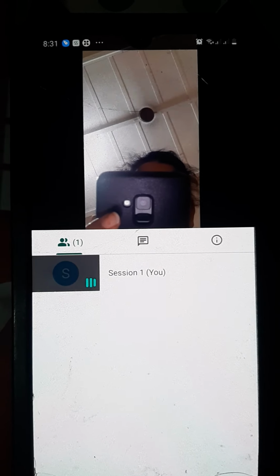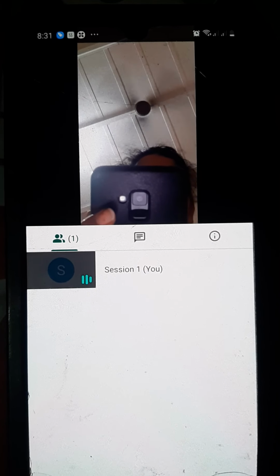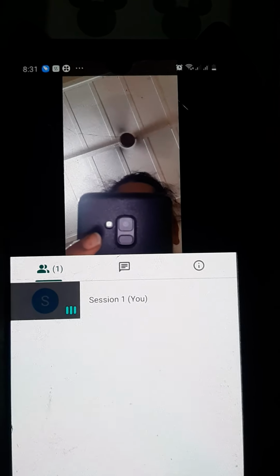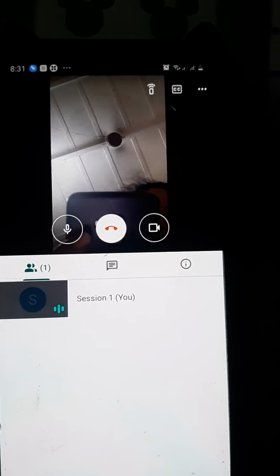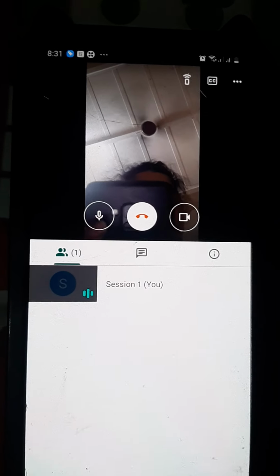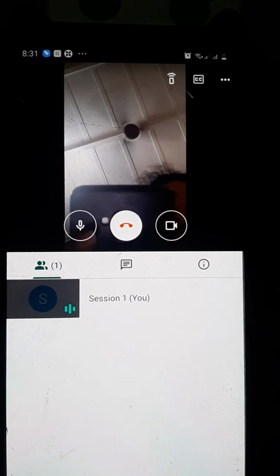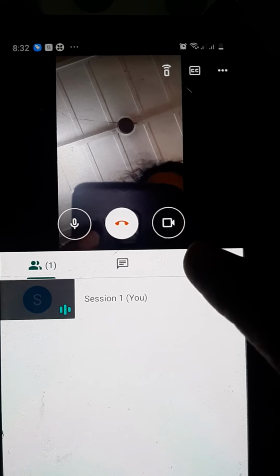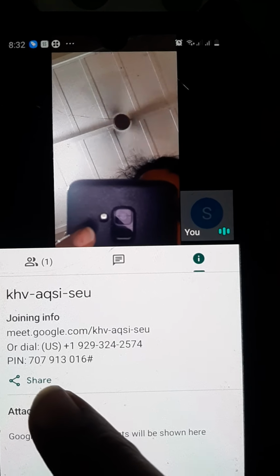Okay, because if you get disconnected, that doesn't mean the whole meeting or session will get stopped. So for that purpose, you have to tell the students before, as soon as you start the session from tomorrow, so that they will get habitual to these things. If the teacher by mistake disconnects, then the teacher should create the meeting again and create the link also. Fine. Once you share the link, or in between if you want to share the link, you just click on this I and go for the share.